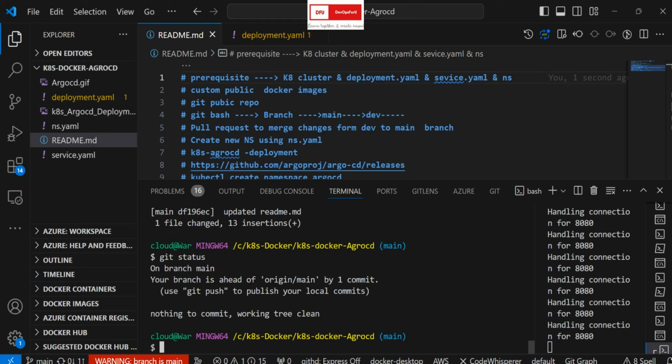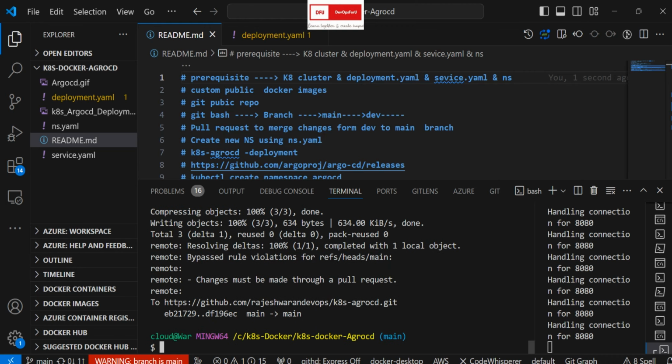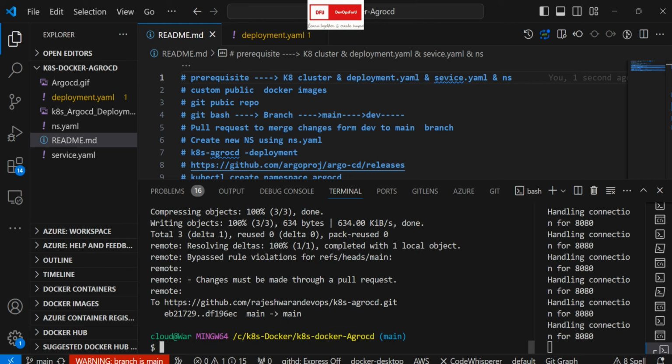I'll be reverting this one. So if you see there is a change, and if I try to push that directly to my main branch, it should not allow me. It should say the branch is protected, you cannot push. Yeah, you see, so resolving changes must be made through a pull request. That means I cannot directly push my changes to my main branch, so it will be only via the pull request. Okay, so now